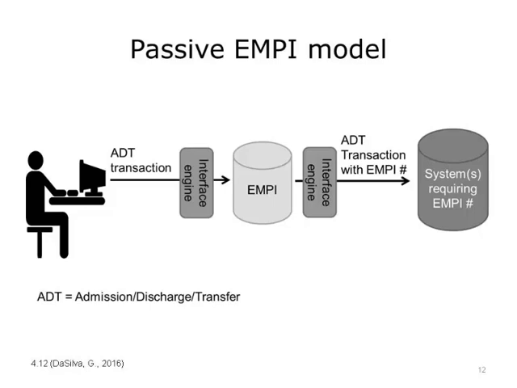Instead, the registrar on a local patient management system will only search their local database and will not be able to see if the patient already exists somewhere else in the enterprise. The registrar performs a local search and then selects a patient or chooses to create a new patient. Then the registrar completes the registration in the patient management system, and an administration discharge transfer message is sent to